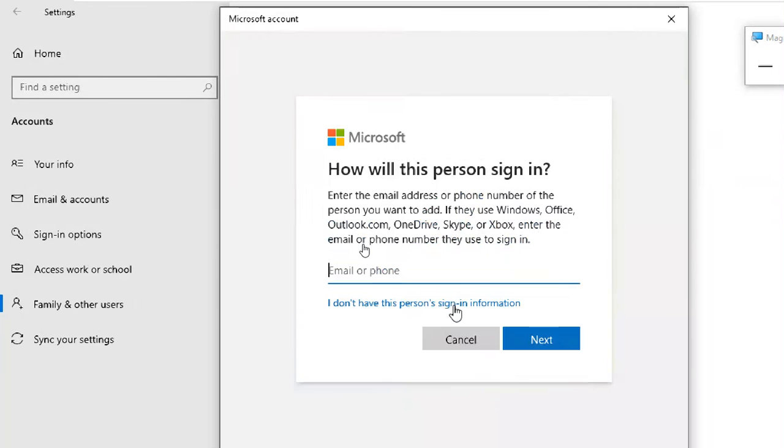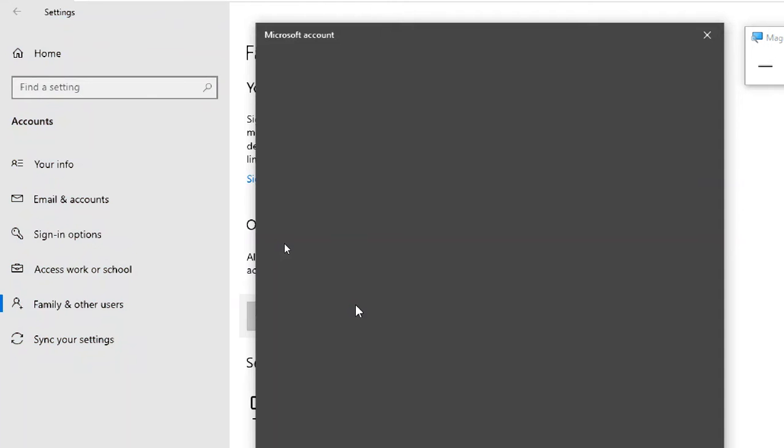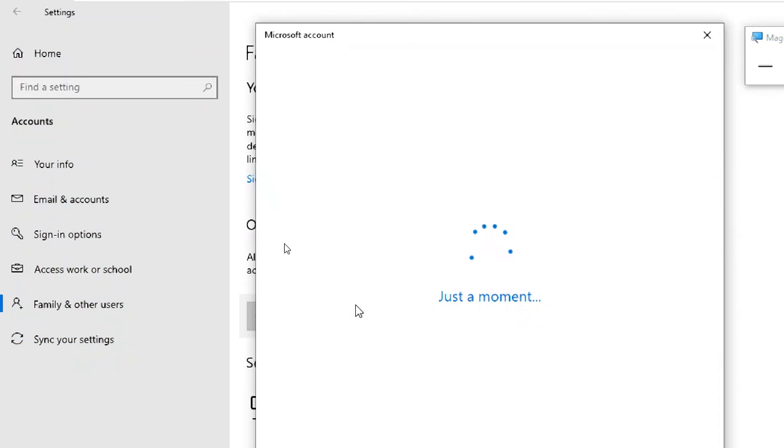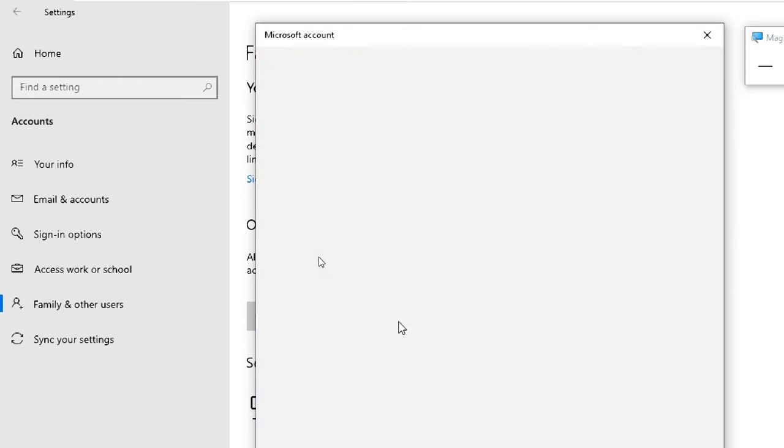First it tries to connect with a Microsoft account, so cancel it. I don't have this person's sign in information, so click there. Don't give mail and phone number.